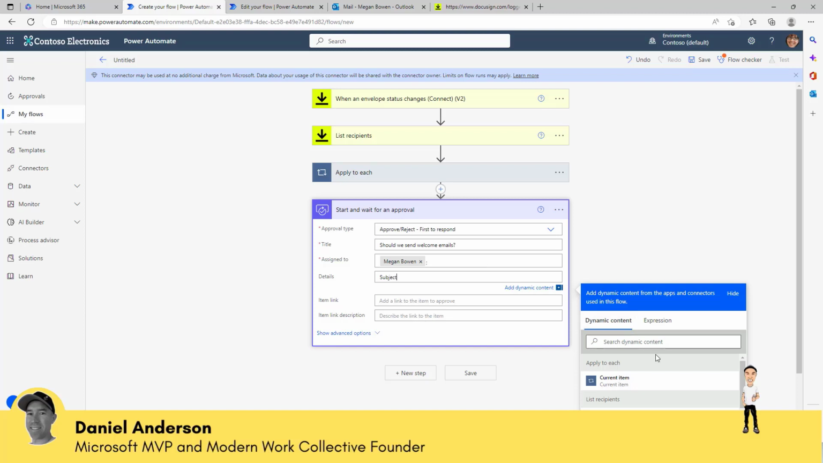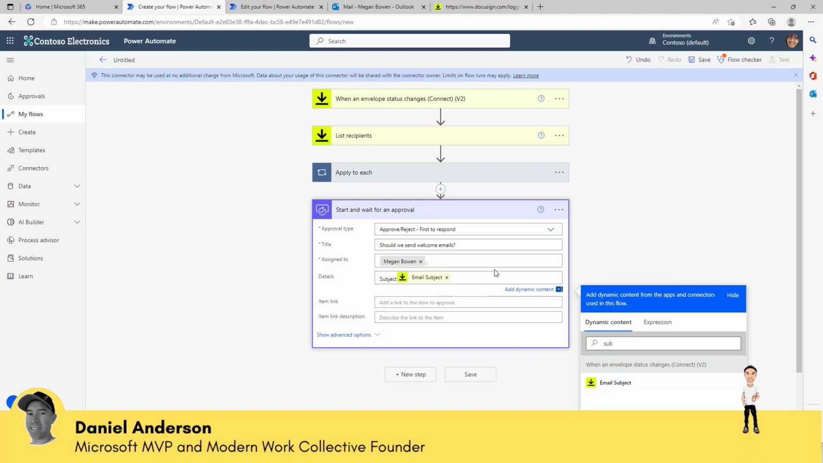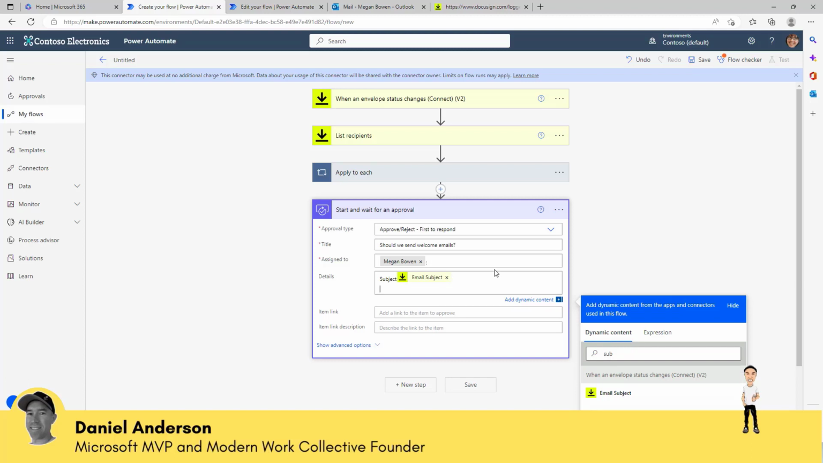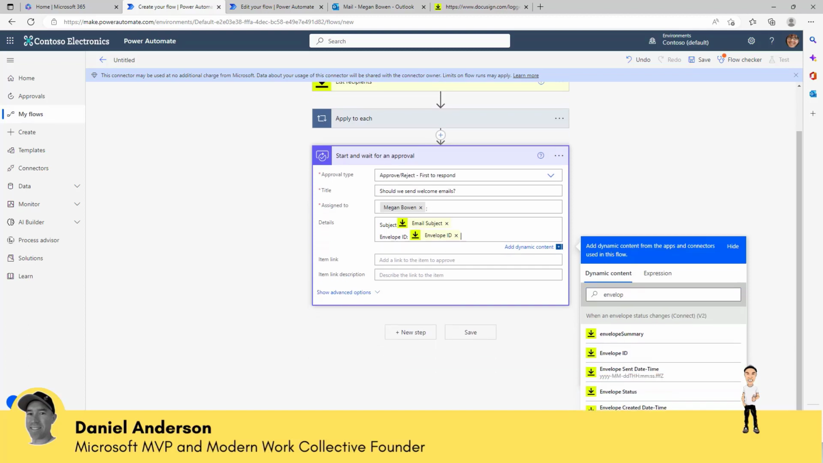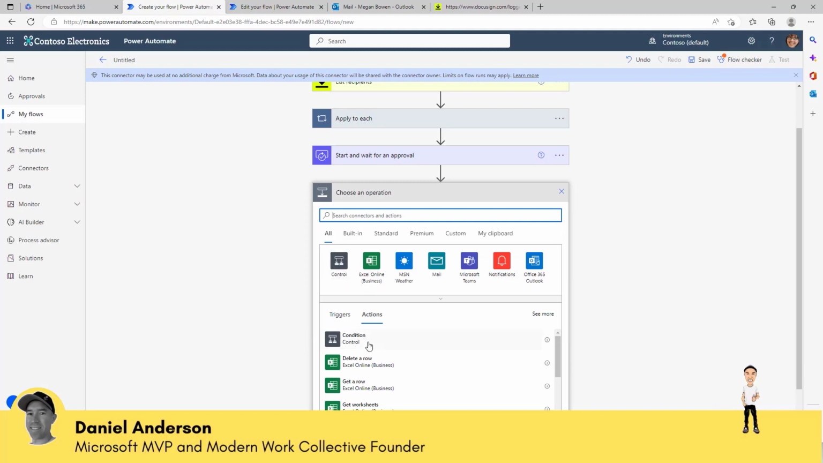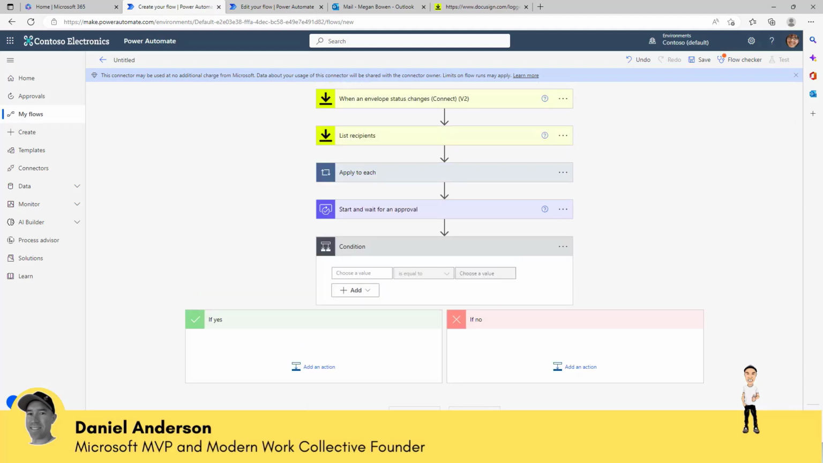Megan, and we shall search, there she is, and then the details, let's put subject, and let's just pop in the email subject from the previous step, and then we'll go envelope. We'll also add in the envelope ID here too. Envelope ID, and that will do us there. Okay, then we need to add in a condition. All right, so we need to add in a condition, and we will say